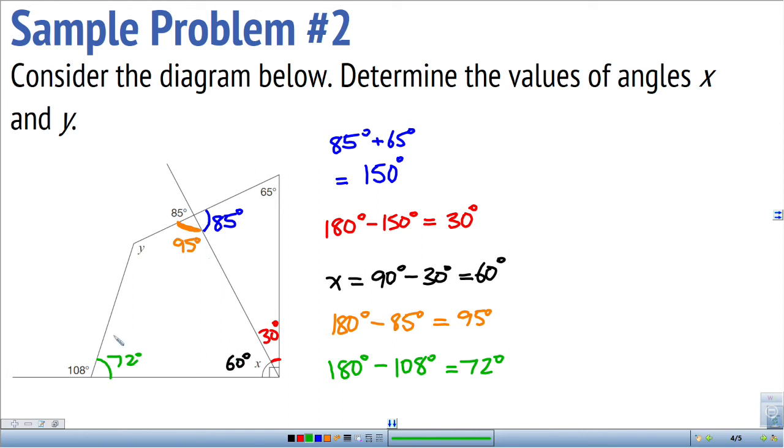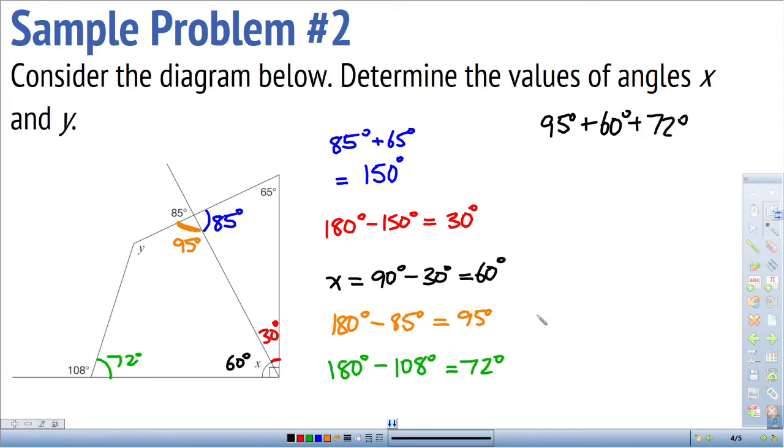I know that the sum of the angles in a quadrilateral, in a four-sided shape, is 360 degrees. So let's add those three angles together. So I have 95 degrees plus 60 degrees plus 72 degrees. If I add them together, I get